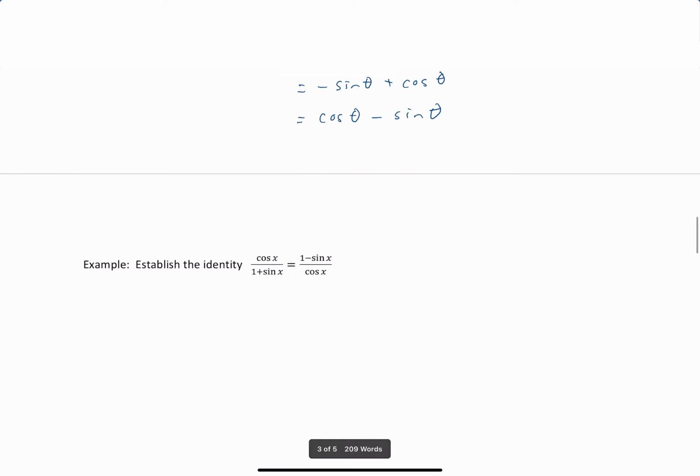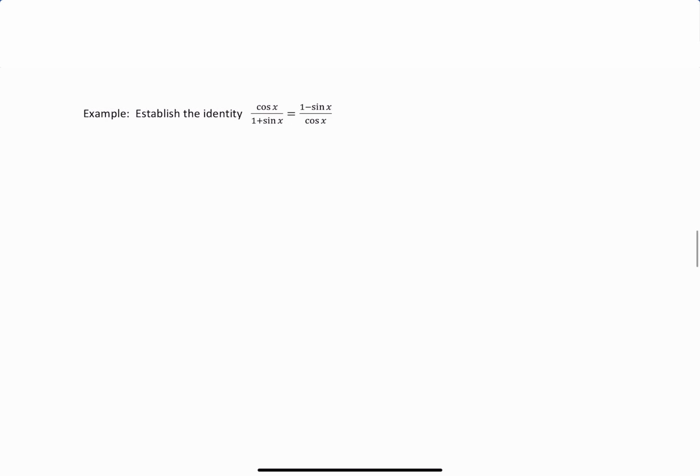Let's try another one. Let's establish or prove the identity cosine of x over 1 plus sine of x equals 1 minus sine of x over cosine of x. Now, to me, these both look equally complicated, so I'm just going to pick either one. I guess I'll start with the left-hand side. It doesn't matter. I could start with the right-hand side. But I'm going to write it down exactly as it is, and then I'm going to put equals and start